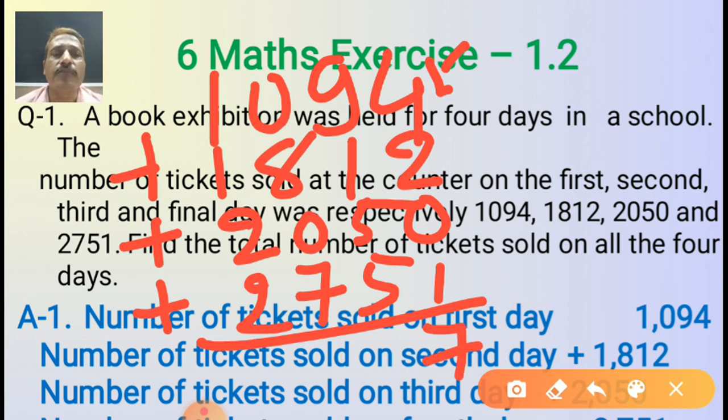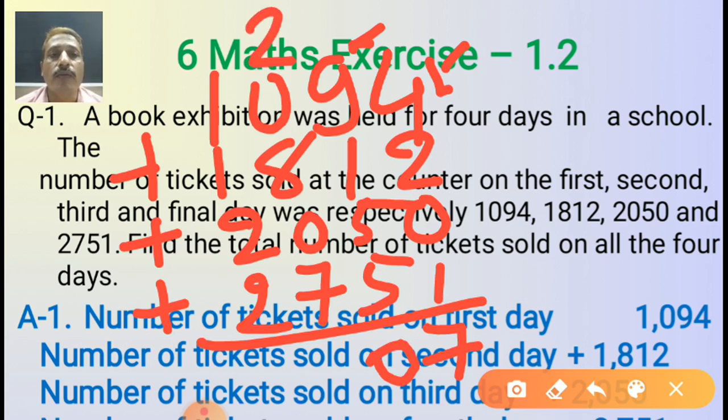Now come to the 10's place. This is our 10's place, student. The 10's digit is 9. 9 plus 1, 10. 10 plus 5, 15. 15 plus 5, 20. Keep it in your mind, 20. Where do we have to put 20? Downside. So here we are putting 20. 0 is here and 2 is the carryover. 2 is the carryover. Understood?